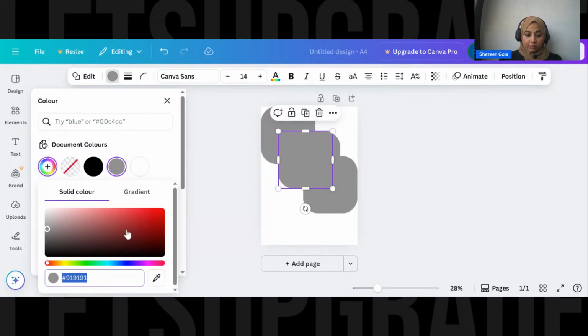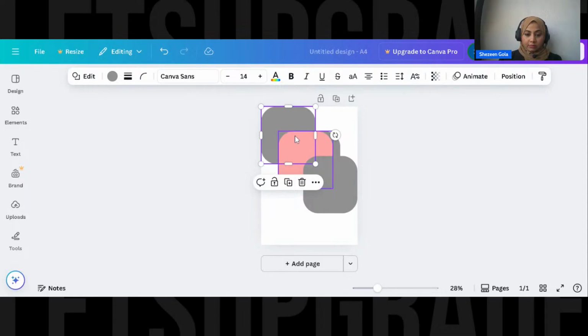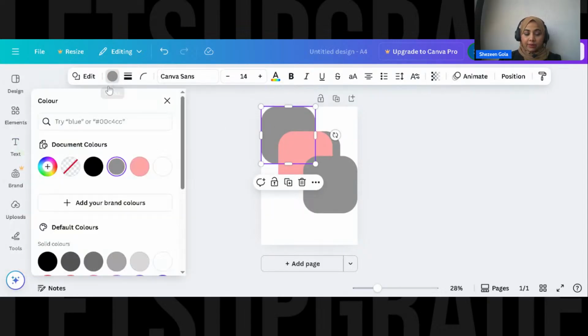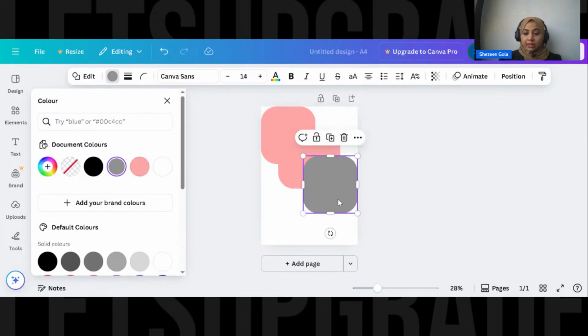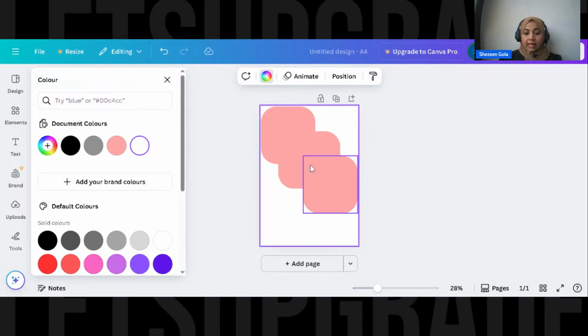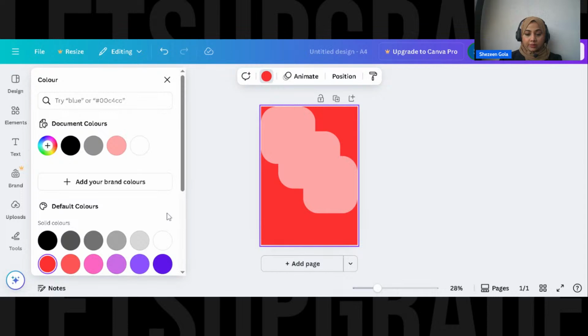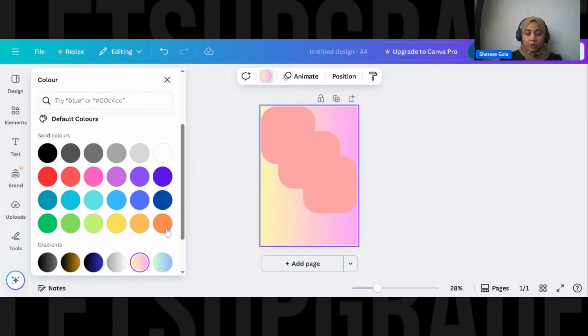Let's take a pink color. Let's select this again. When you go for color, you'll have a pink color out here. Whatever color you use gets saved out here. And now once I have this, the background color of this, let's make it an ombre. These are all colors which are available, or let's keep it white.